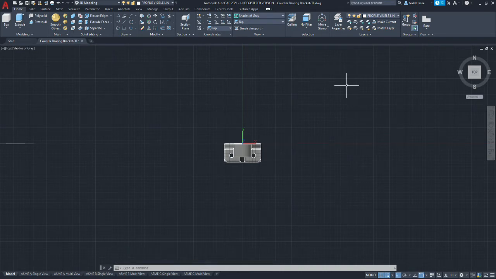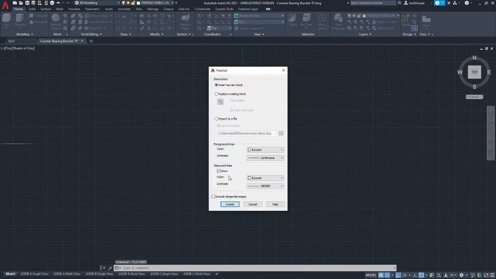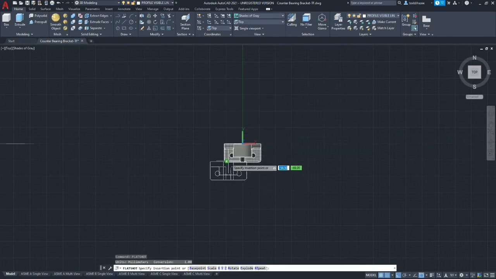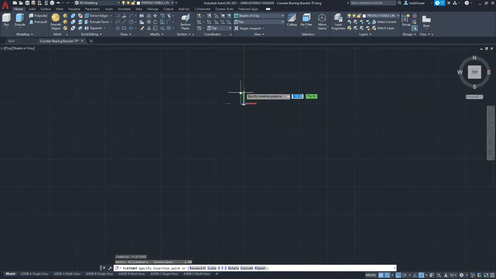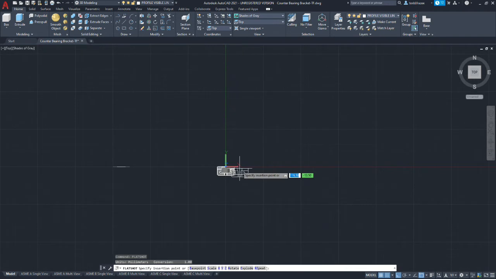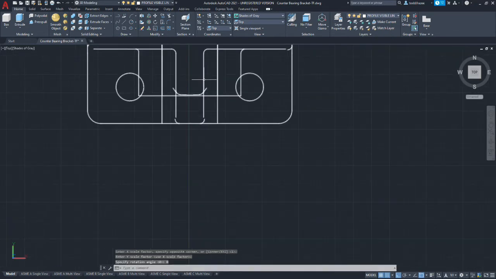And we are going to type in flat shot again. Leave everything at the settings we used for the last one. Hit create. And again, we want to place this a good distance away so that from an isometric view, we wouldn't see this view on edge like that we see that one there on our layout. Okay, and then we're going to scale it 1, 1, and 0 for rotation. And there is our top view.